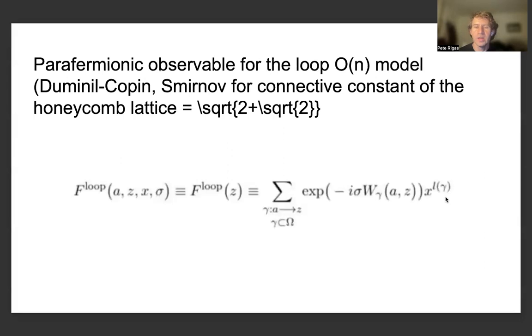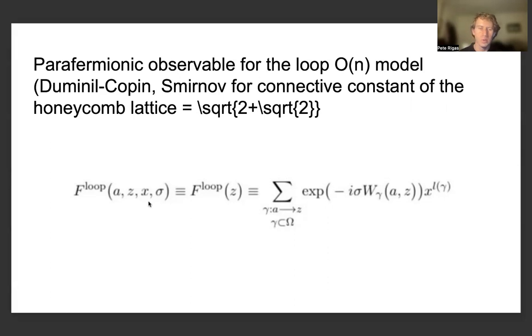Besides the parafermionic observables that we've been introducing for the random cluster and Ising models, there's also a parafermionic observable for the Loop O(n) model. This is related to the result of Duminil-Copin and Smirnov establishing that the connective constant of the honeycomb lattice is square root of 2 plus square root of 2. In contrast to the parafermionic observables for the random cluster and Ising models, which are defined over the square lattice,